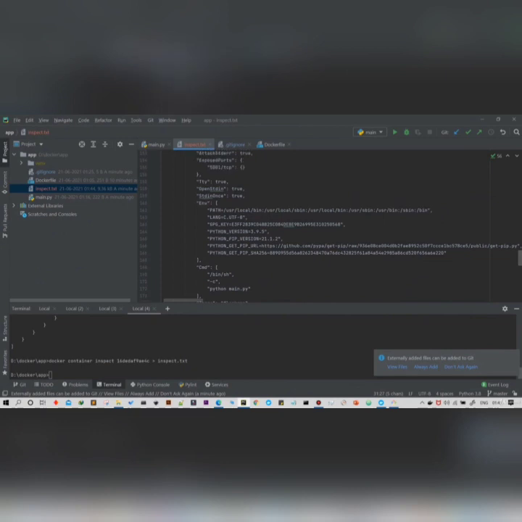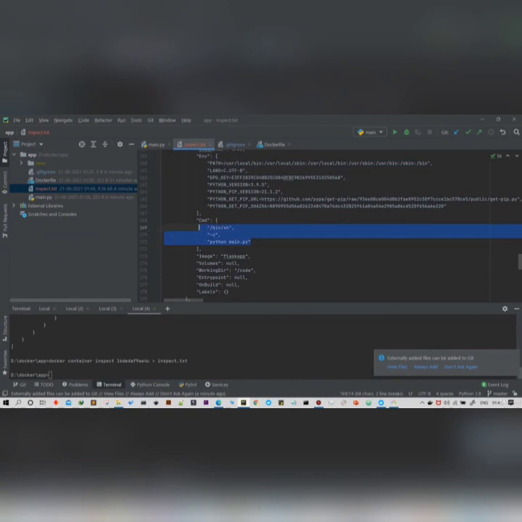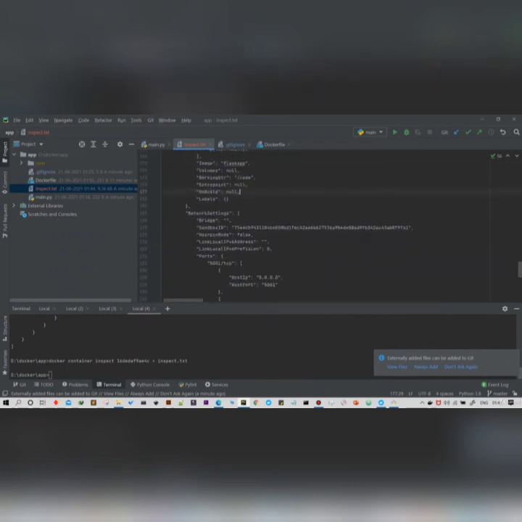And this tty is true, which means pseudo interactive command still. Here you can find the environment details, the command, which is python, and the image, which is the Flask app. We didn't add a volume here, but we're going to add it in a later section. So you will get various information from this inspect command.